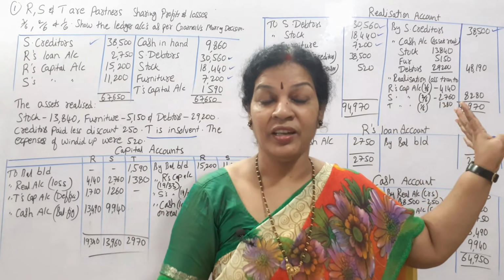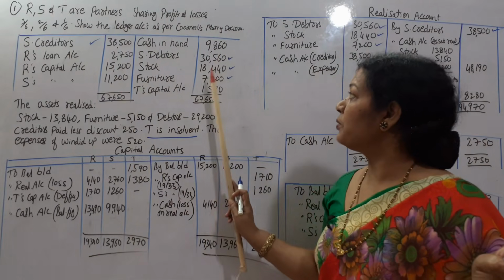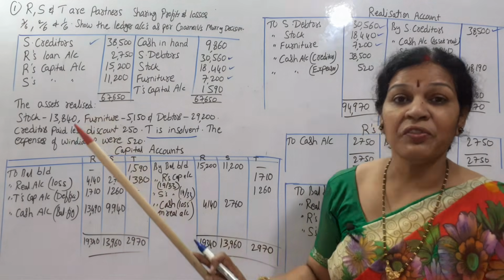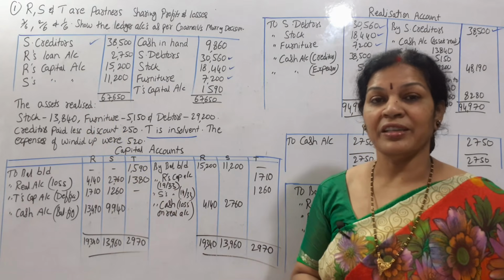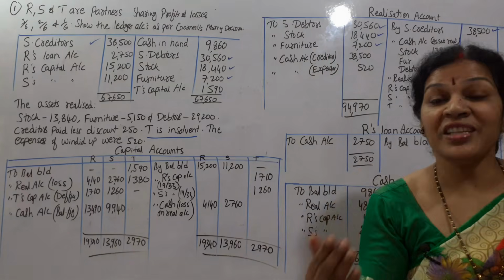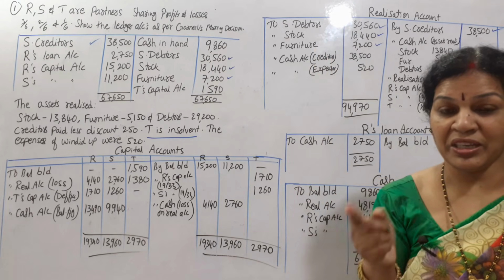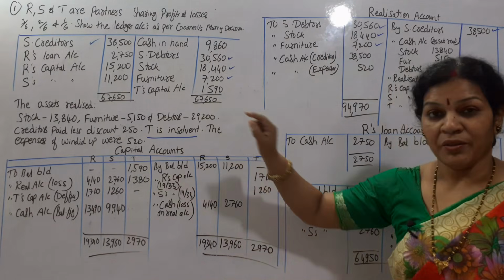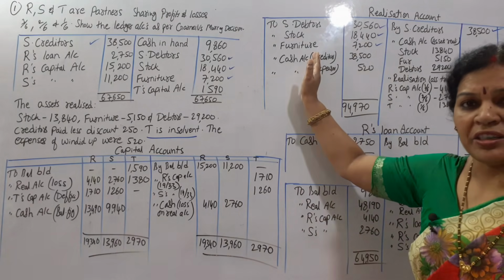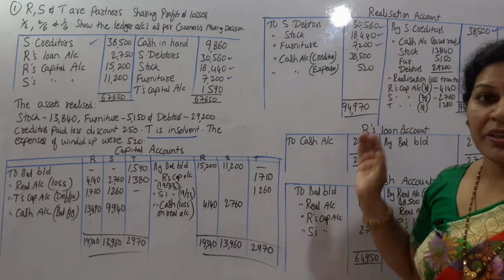Am I clear? After that, from the balance sheet we have taken 1, 2, 3, 4. Now coming to the adjustments, realization of assets we have to write. Assets we have already written on the debit side. When we realize the assets, we will be getting the cash. That should be on the opposite side. Whatever we get when we realize should be on the credit side.